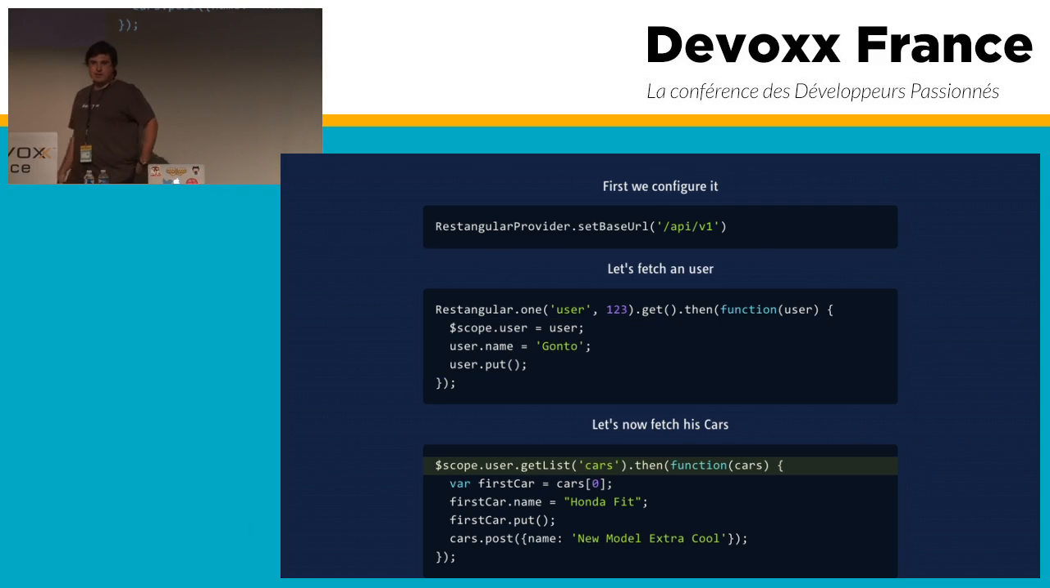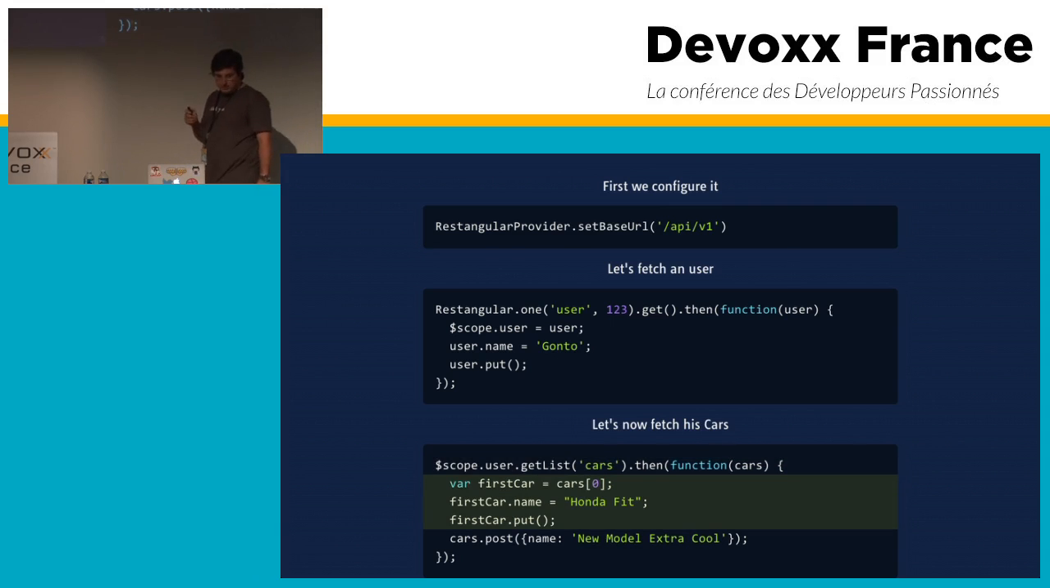So for that, the cars is actually a relationship from the user. A user has a lot of cars. So it makes sense that in order to get the cars, I should ask the user to get them. So that's what you see here. I'm asking the $scope.user just to get list of the cars. That will build up to the correct URL, which will be /user/ID/cars. After that, I'm getting the list, and in the success callback, I'm getting the first element in this case,